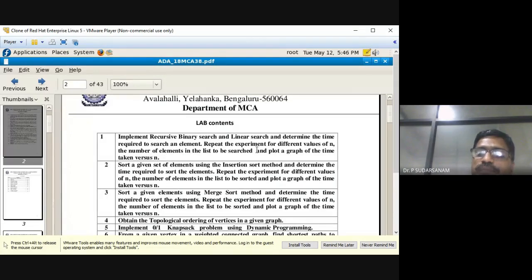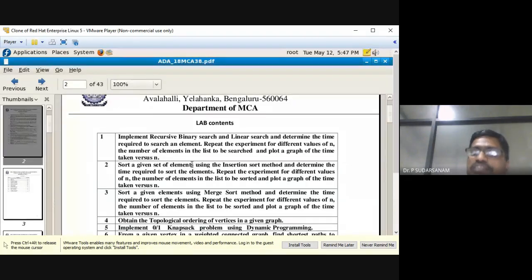This one is: repeat the experiment for different values of n. Different values of n means you give 100, 200, 300, 400 like that. Next is plot the graph of the time taken versus n. Whatever different values of n you take, to draw the graph you need a minimum of 5 to 10 different values.